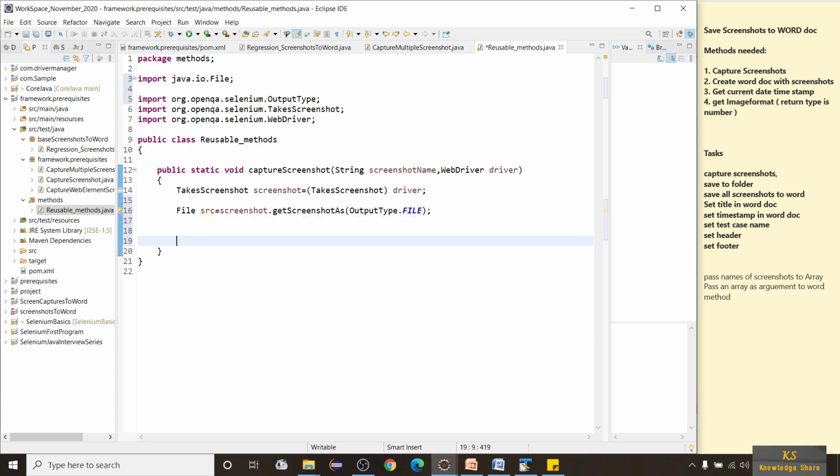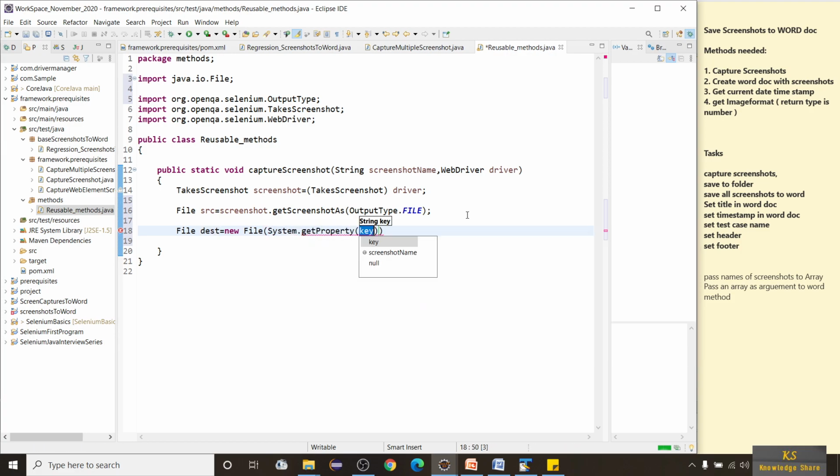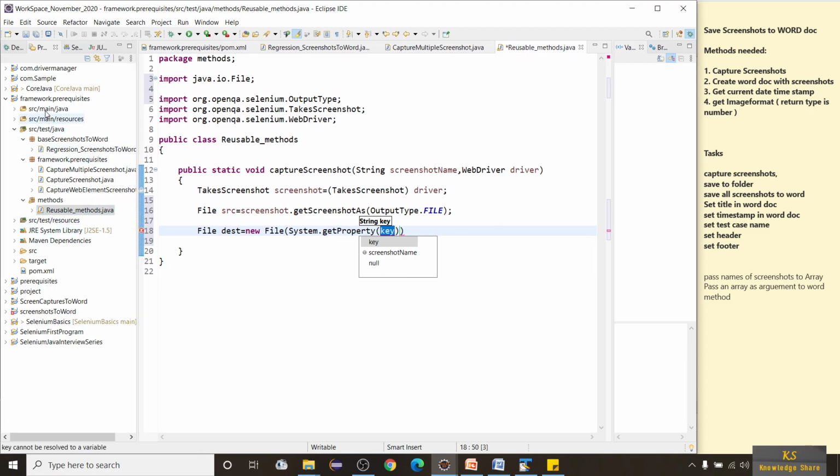Okay, now let's write: File destination is equal to new File of System.getProperty of. I'm going to save my screenshots into the same project folder itself.